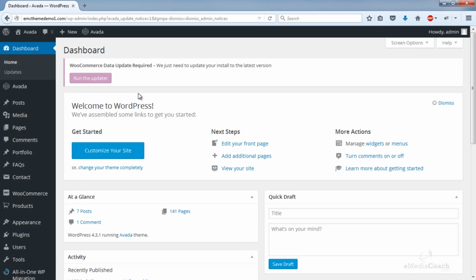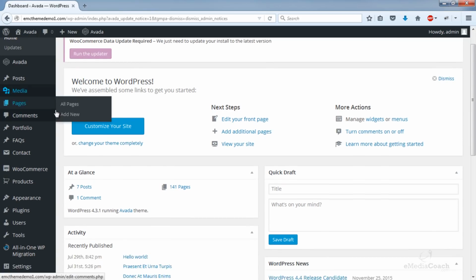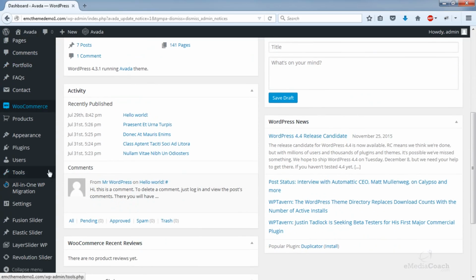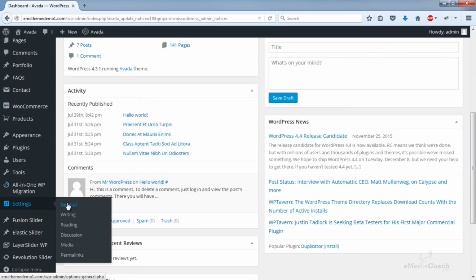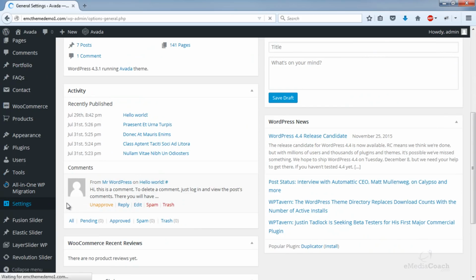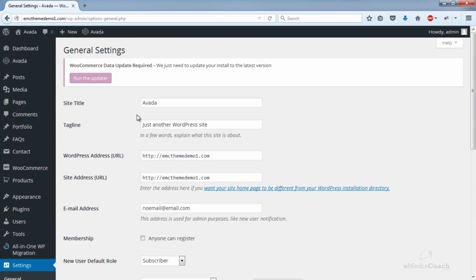Okay, now just follow along with what I do here. In the left-hand side column, if you scroll down and go to Settings General, you should be able to update the site title to whatever you want it to be. So that would probably be your business name in here. I'd recommend taking out the tagline. Now in here, you'll see there's no www before the domain name.